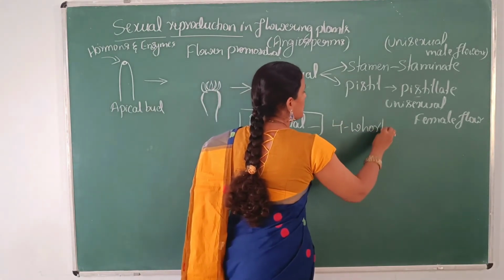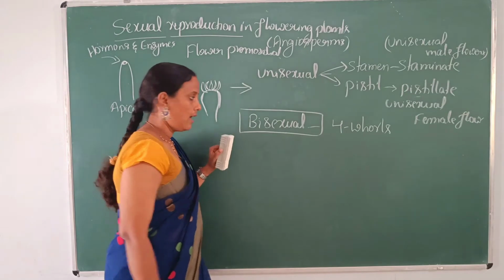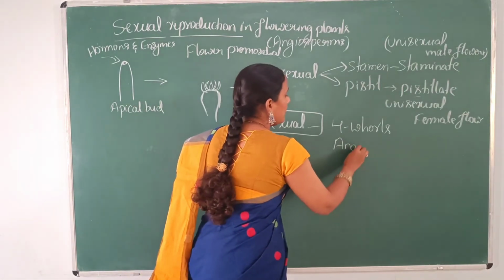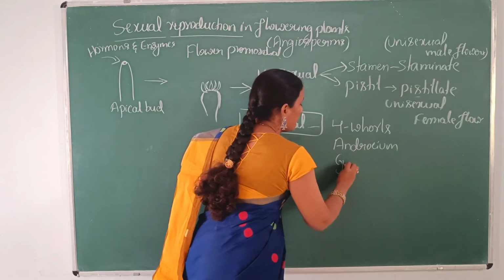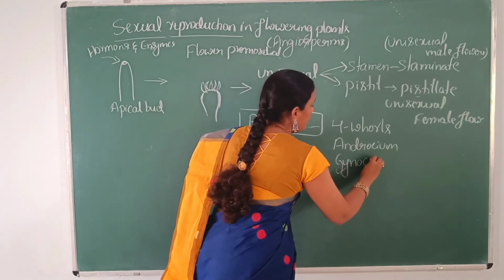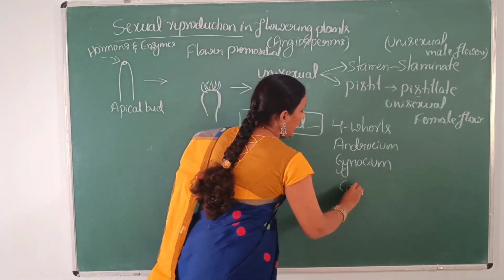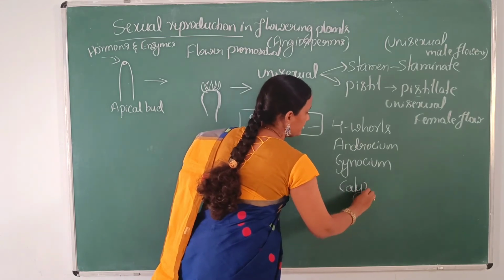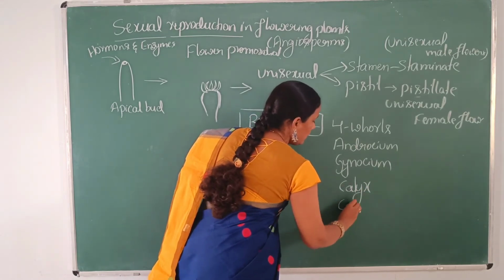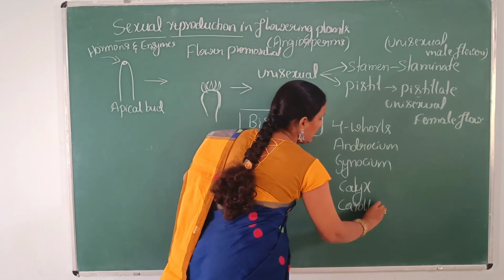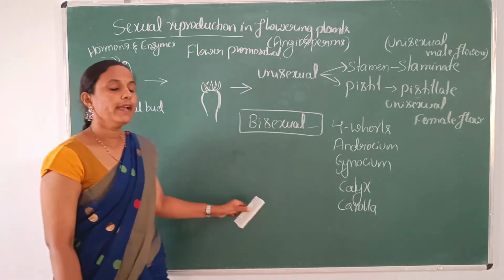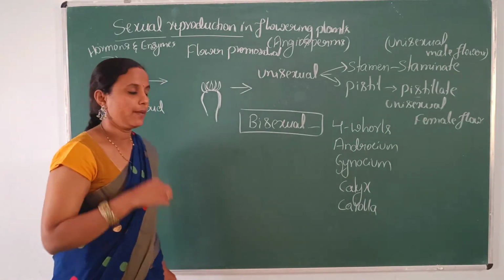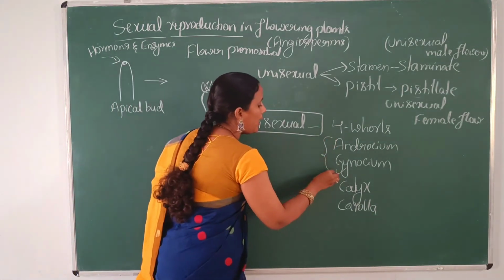And they are androecium, gynoecium, calyx and corolla. These are the 4 whorls of a bisexual flower, and they are classified into 2 types, such as